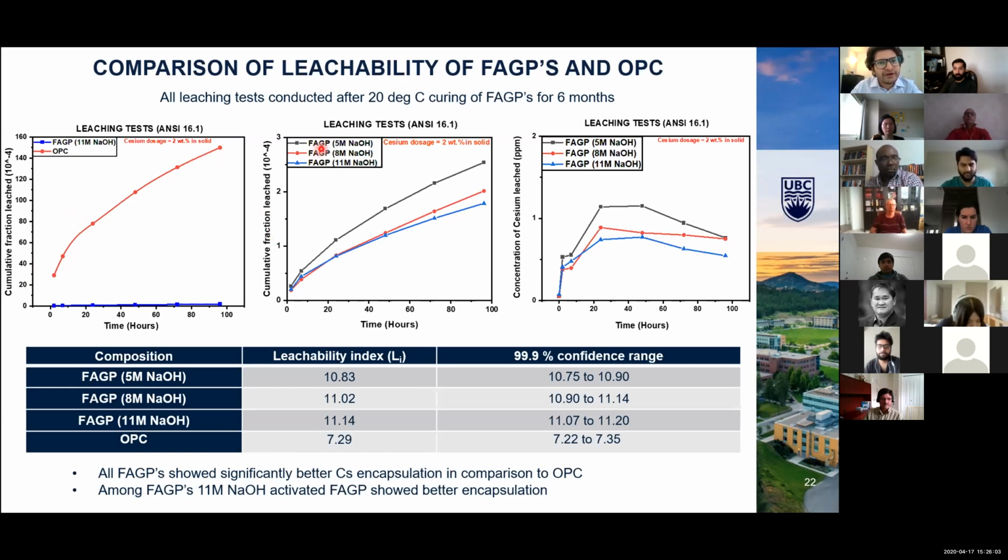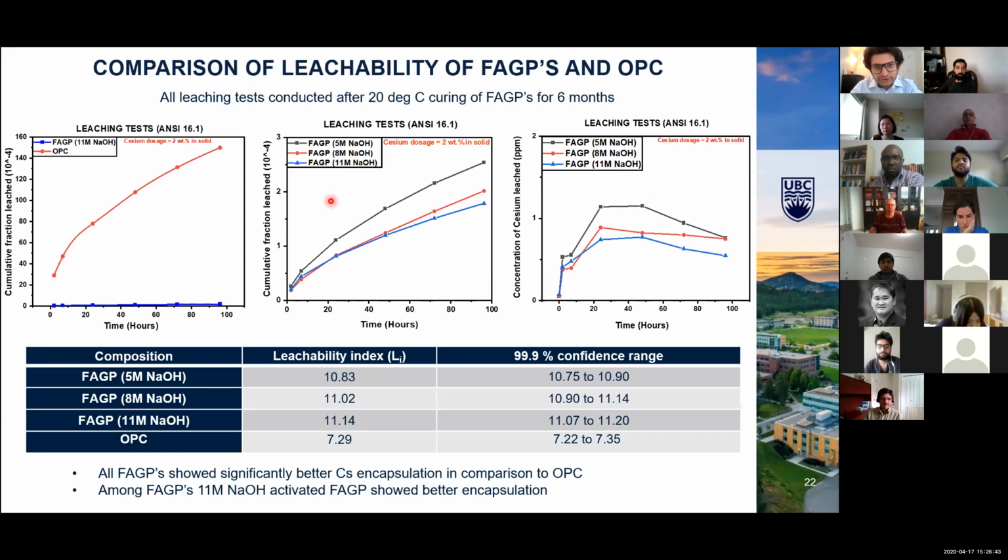And if you compare the different geopolymers among themselves, all of them perform way better than the OPC. If you look at the scale, it varies from 0 to 3 here, and here it varies from 0 to 160. For OPC, it leaches a lot, but for the different geopolymers, all of them perform better. The cesium dosage was 2.8% in solid, which is around 20,000 ppm in the material itself, and only around 0 to 2 ppm cesium was leached from the geopolymers, which is quite